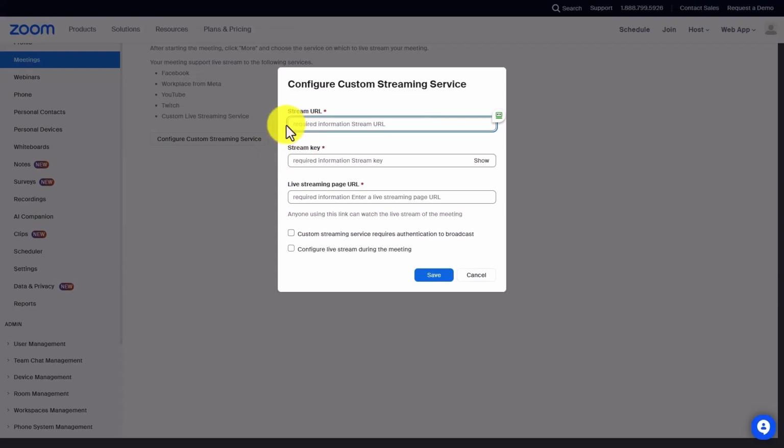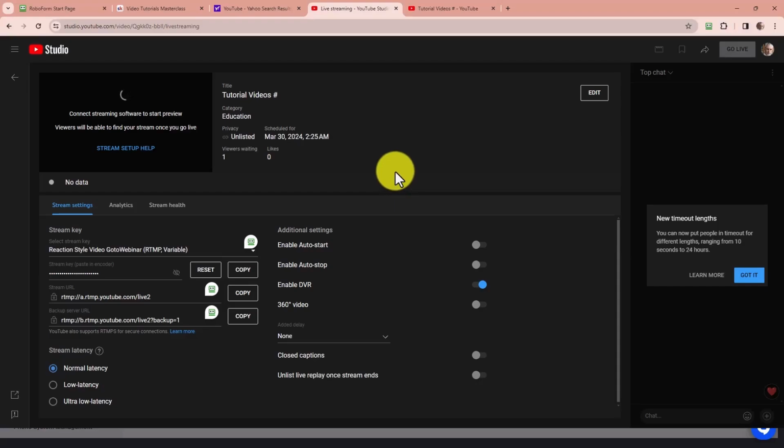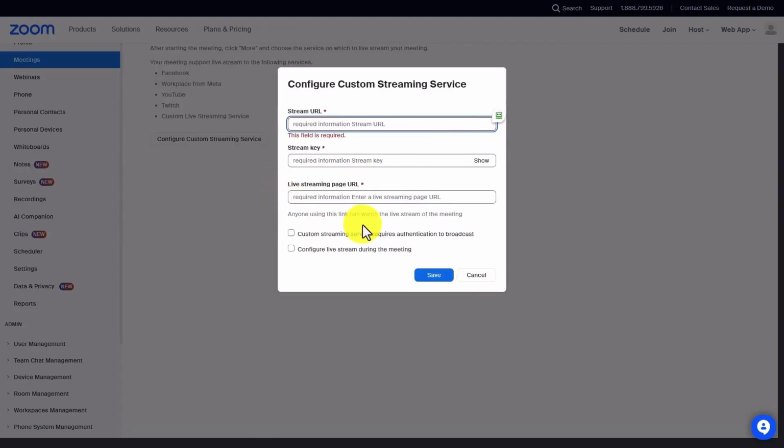What this requires is that you have a stream URL, a stream key, and then a live streaming page URL. When you are setting up a live stream inside of YouTube, all of that information is going to be available to you. So for example, the stream URL will come from this area. The stream key will come from this area, which you can copy into your Zoom account. Now this live streaming page URL is where you're going to want to put the YouTube link for your live